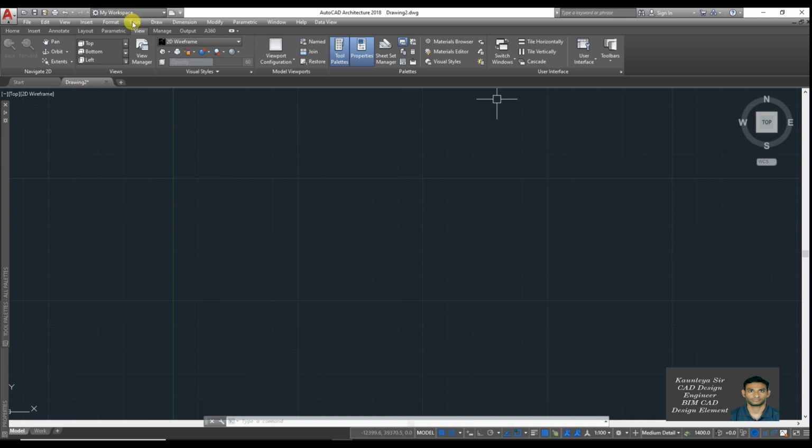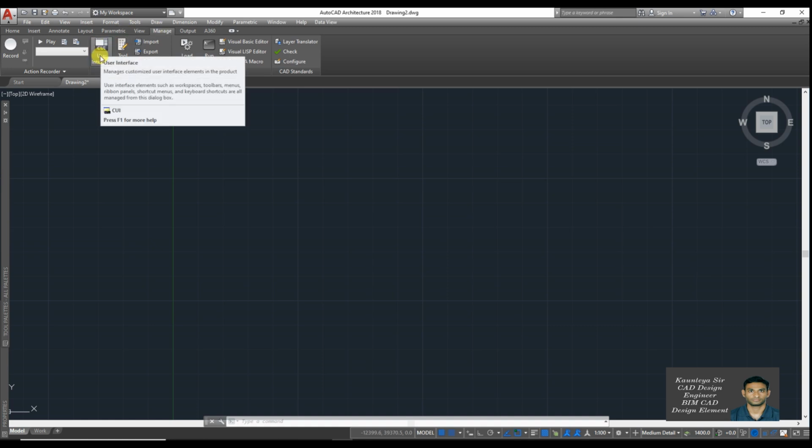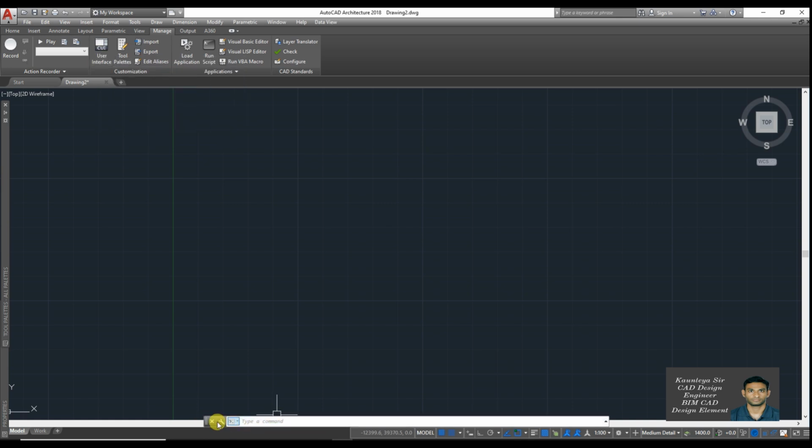Either you go to the manage tab, click here on user interface, then go into custom user interface, which is this, and select the option, or in the command bar simply click and enter CUI